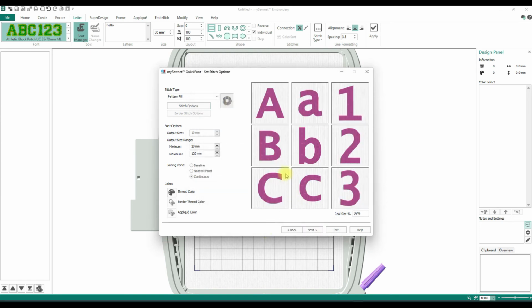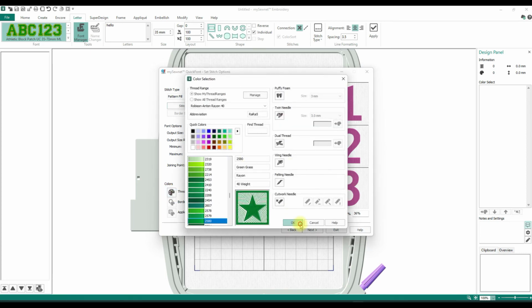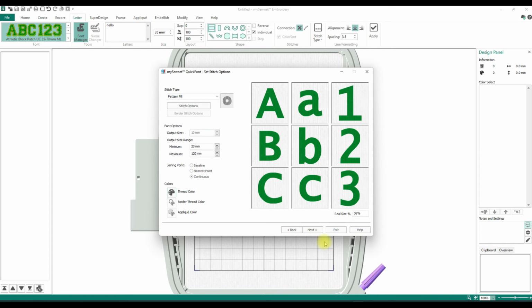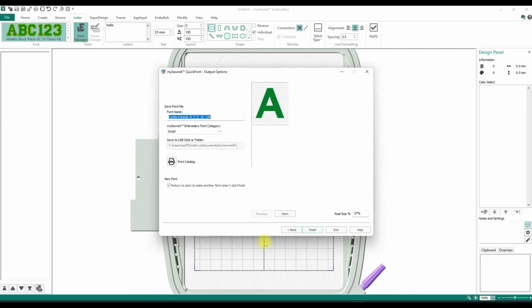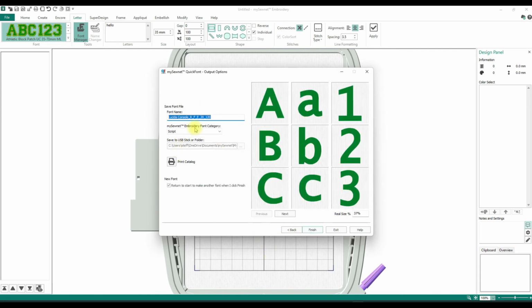And then it's going to show us a preview of what ours looks like. And I'm going to change the thread color. Let's see if we can see it better on green. A little bit better on green. So you see the little darts in there? Okay, so now I'm going to hit next. And I've got Lucida console. And this time I'm going to do